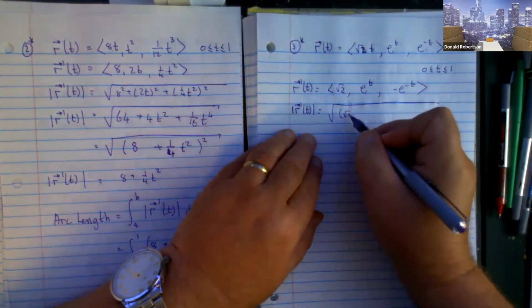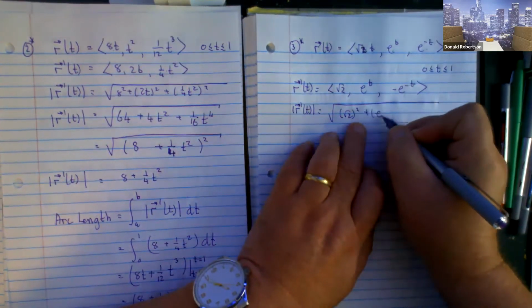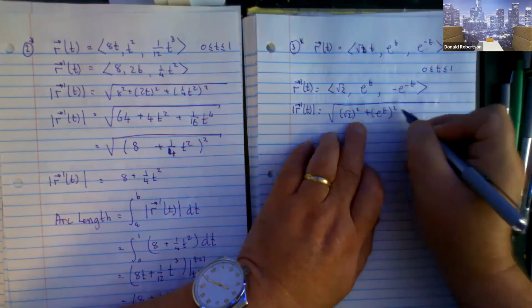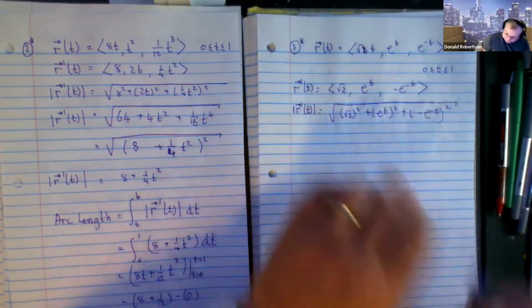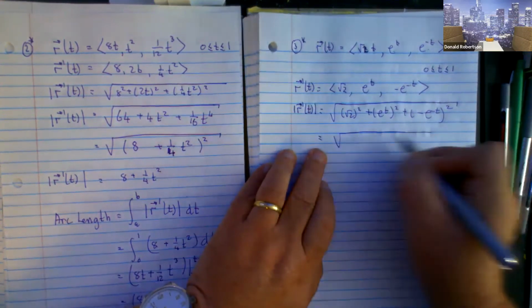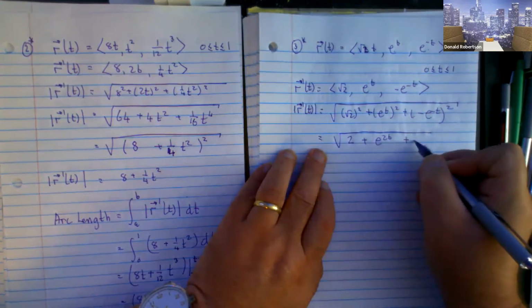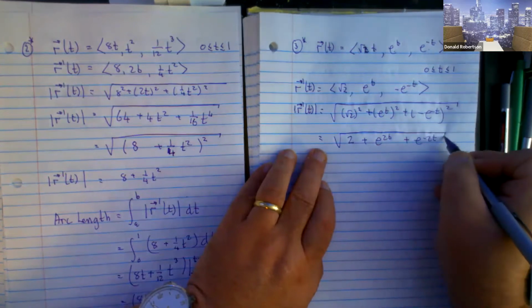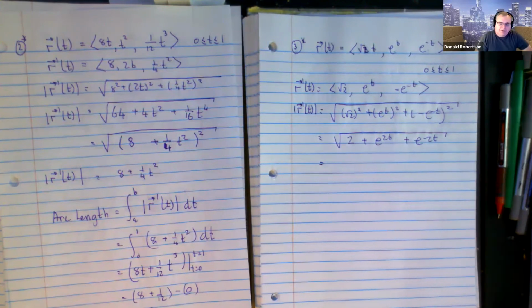So it's this guy squared plus the middle term squared plus the third term squared. You put that package together, what do you get? Well, you get 2 plus e to the 2t plus e to the negative 2t. And we have 3 terms. And if we ever see 3 terms, we have to be aware that what we're looking at